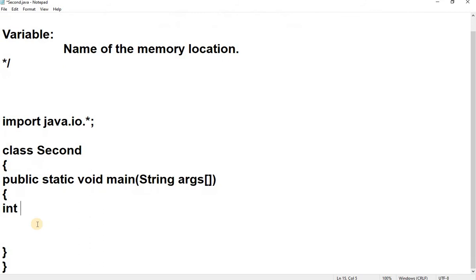So I say integer space. See, the name can be anything other than the keyword. What do you mean by keyword? Example I will tell you. You will never find a person whose name starts with a mobile, whose name can be iPhone, whose name can be like a cat, whose name can be like an elephant. You never have those names.